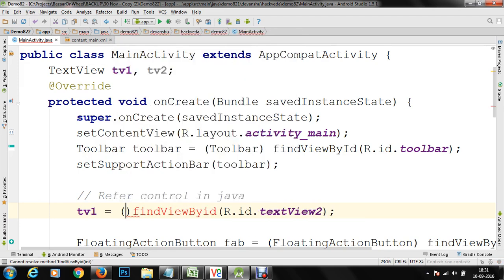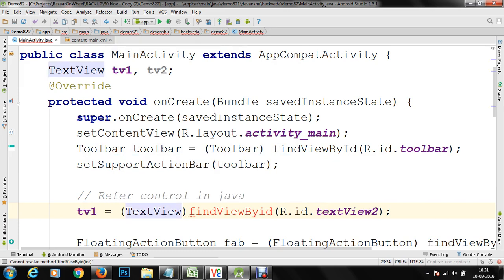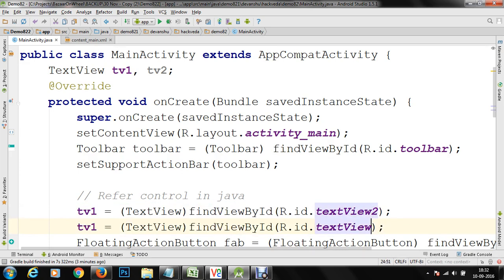We'll typecast it to TextView so that findViewById can return and store the value in our TV1. Finally, we are going to make use of another control, and that is going to be our text view, and I'm going to store that in TV2.